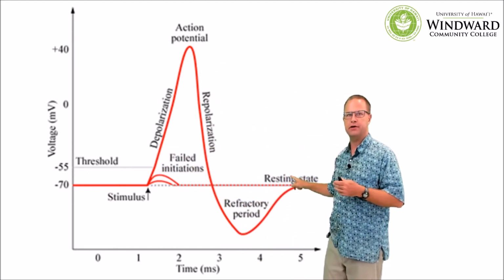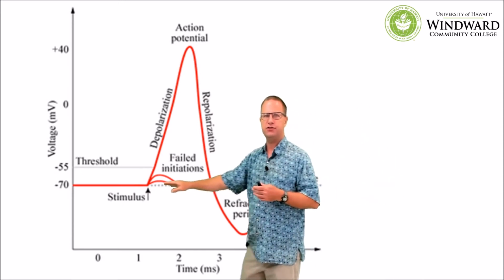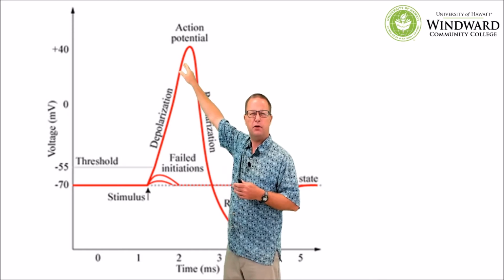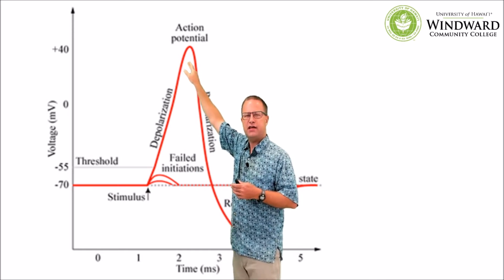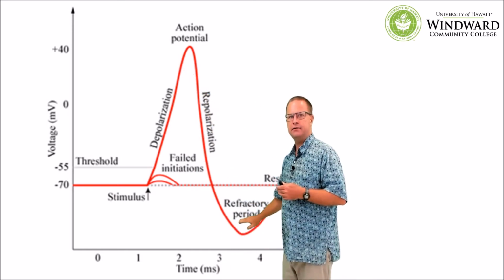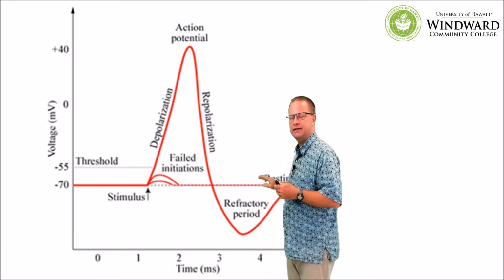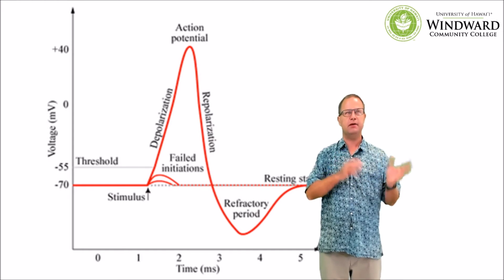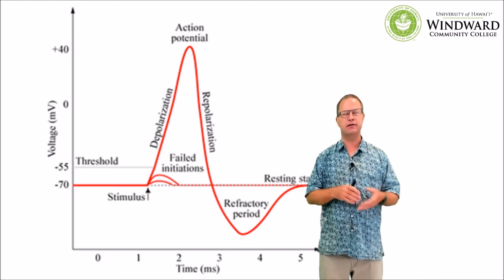called a refractory period. So during depolarization, we're going from that negative 70 up to a positive number like positive 40 here, and then repolarization takes us from positive 40 back down a little bit more negative, back to negative 70. So eventually we get back down to that resting phase here. So you should be able to tell me what the charge is inside of an axon during depolarization, repolarization, and